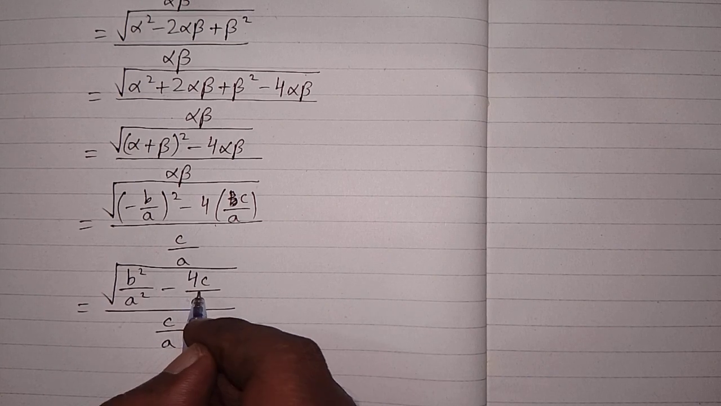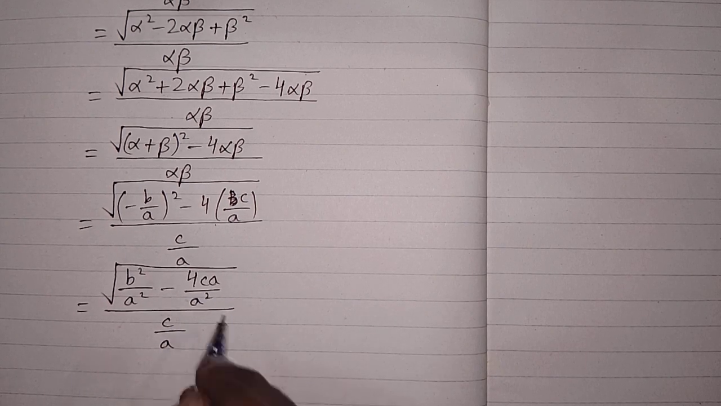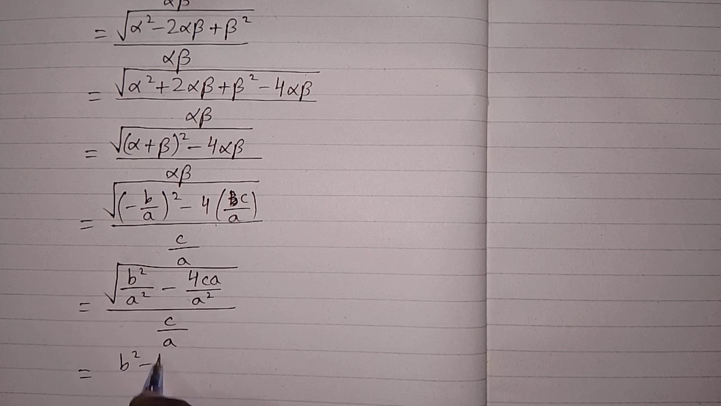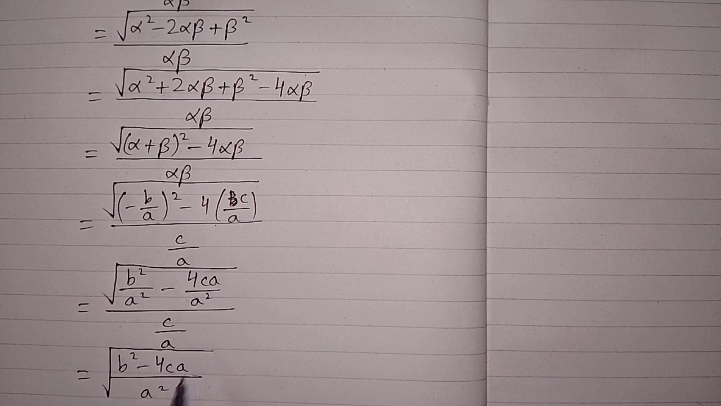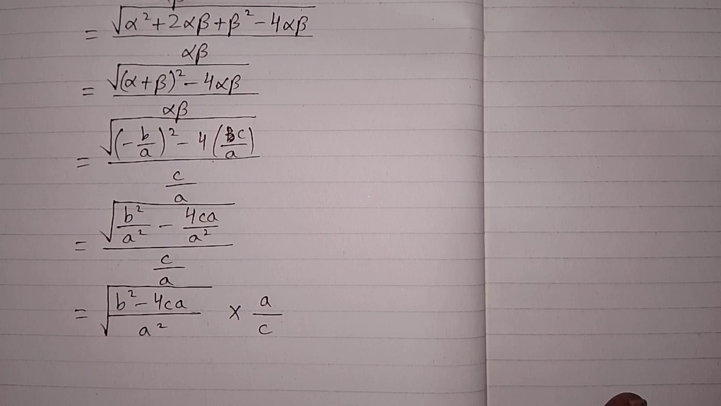Now we can multiply this fraction by a and divide it by a, so we have a square in the denominator, and then we can subtract the numerator. So we have b square minus 4ca upon a square under root, and the fraction in the denominator can be written as a upon c, because when we multiply this fraction by the numerator it will become the reciprocal. Now